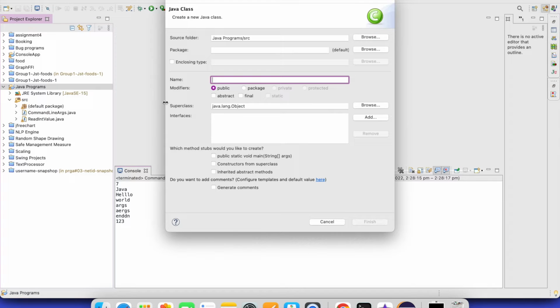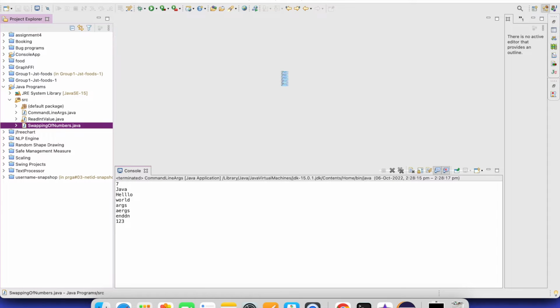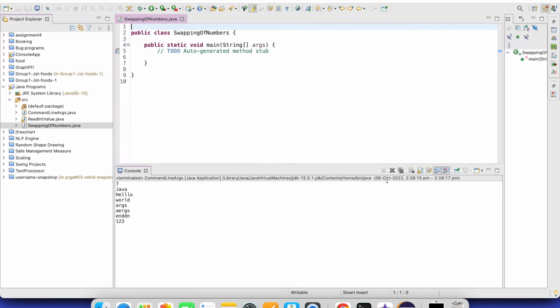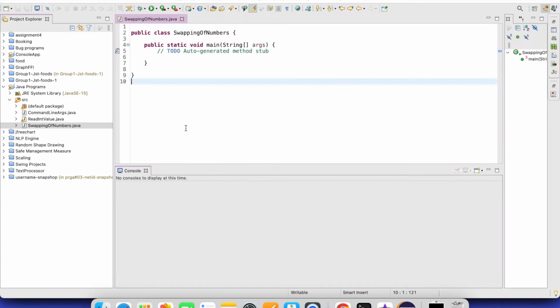Giving it any name, swapping of numbers. Okay, and this one I'm also going to select the public static void main. Okay, so clear this one. Now we are ready to